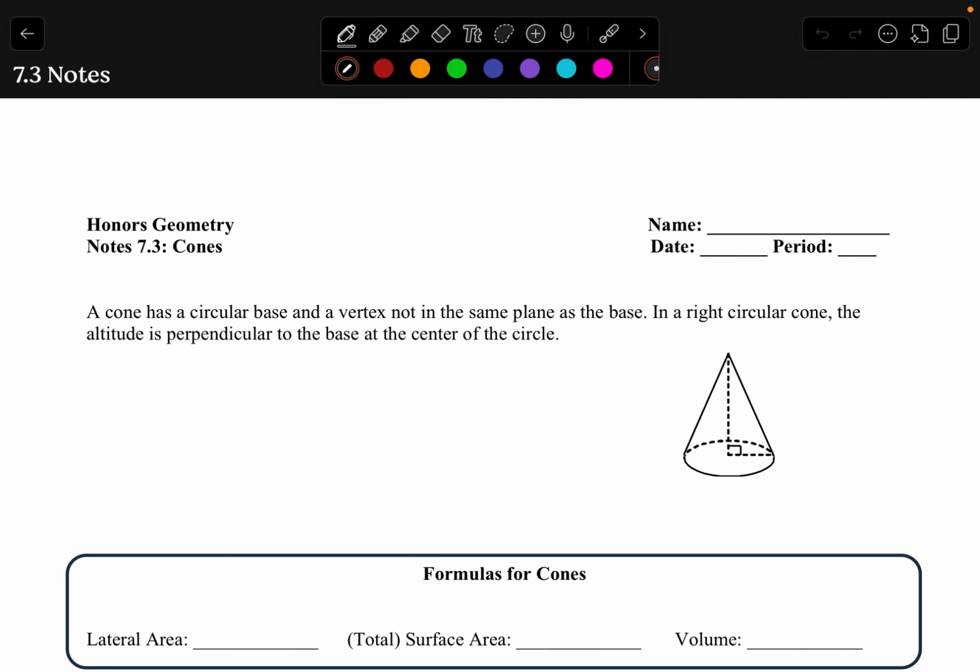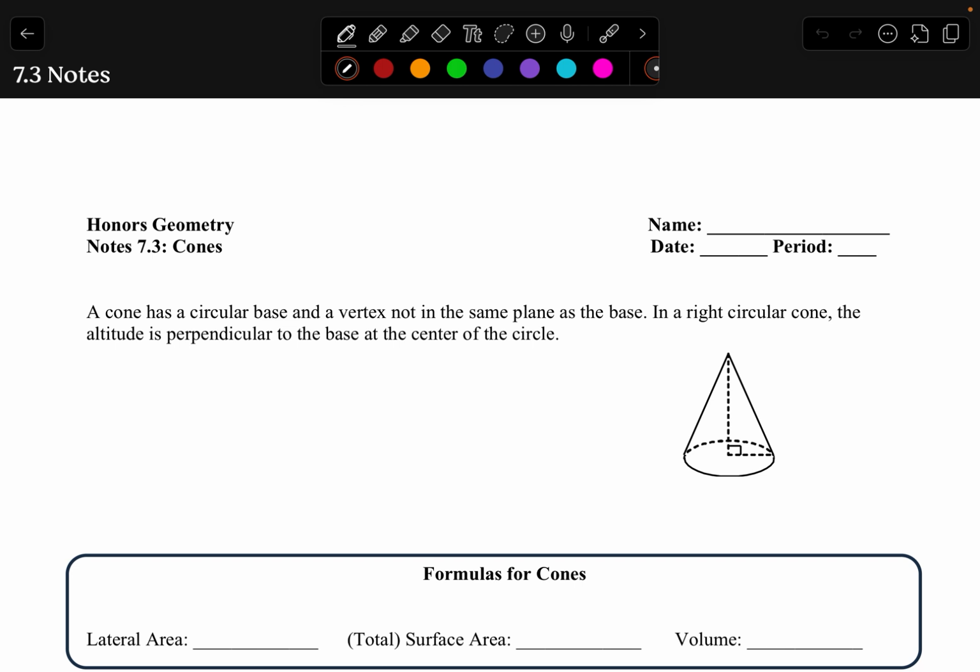Hello everybody, this video is going to cover our 7.3 notes, which is going to cover cones. So in the last two videos we covered prisms and we covered cylinders. Both prisms and cylinders have two bases, and now we are going to start on the 3D shapes that have a singular base, cones. So a cone has a circular base and a vertex that is not in the same